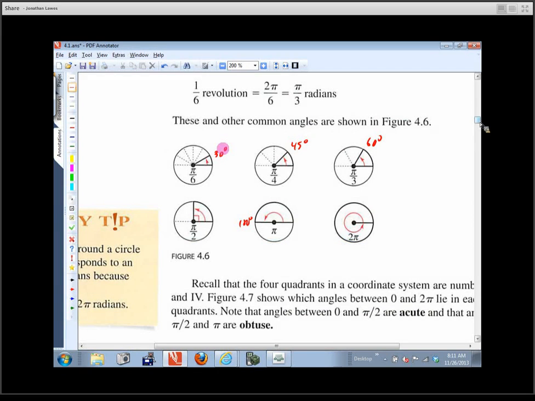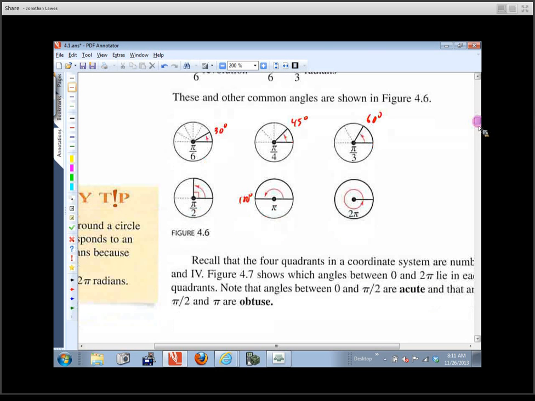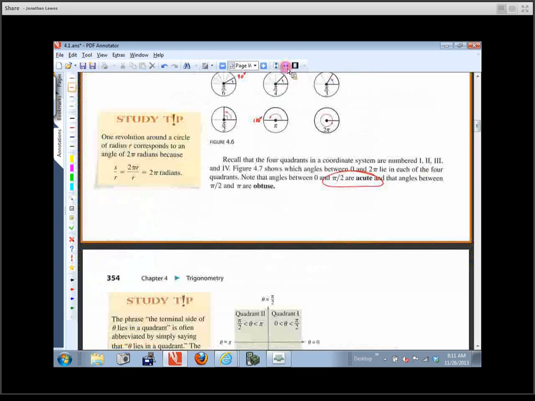Any questions there? Okay, and then they talk about acute. Acute angles would be between 0 and pi halves. Obtuse angles would be between pi halves and pi, so they'd be more than 90 but less than 180. All right. So if we keep going and we flip the page over,